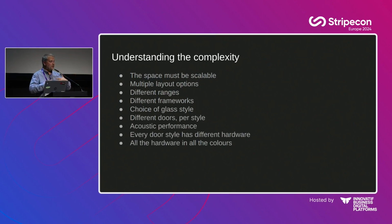So first and foremost, the spaces that we're working in need to be scalable. No two offices are the same size. Everyone's got a different space to deal with. We also needed to be able to deal with multiple layout options. So some offices will just be a glass wall with a door in it because it sits between two existing walls. Maybe you have a corner office or a freestanding office against a wall. So there are all these things which become a real problem when you actually want to automate how to price